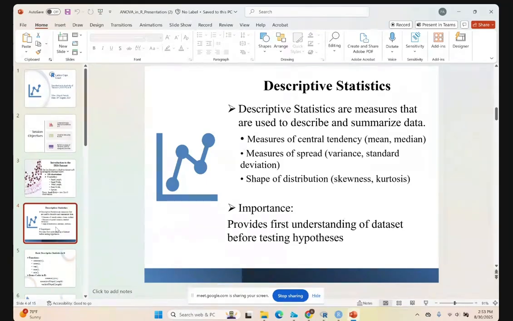So before you analyze any kind of data, you have to assess the nature of the data. You have to find out what you are actually working with. The data you are working with, how does it look? Are there outliers? Are there missing values? So you have to ask yourself